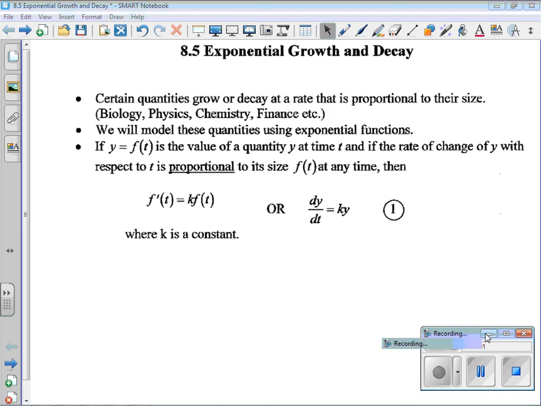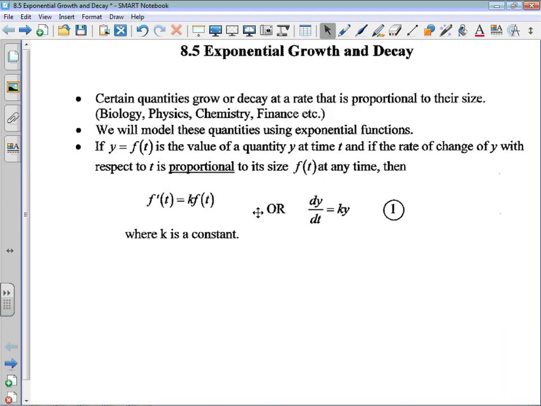This is 8.5 for Math 31, where we look at exponential growth and decay. What we're going to use in this particular course is going to be a little bit different than what we used in Math 30, where we did e to the power of something. Really what we're looking at is that certain quantities grow or decay at a rate that's proportional